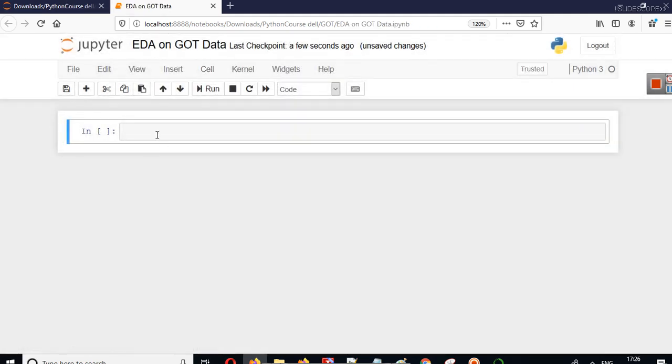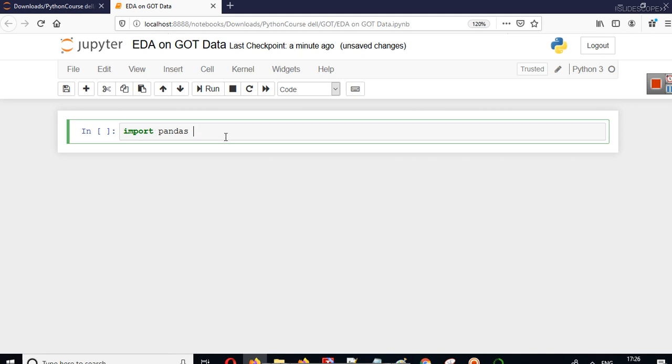Again, the first thing that you have to do is read those files and see what data we have there, what columns we have, to get some hint of what will be the exploratory analysis, or what we will be exploring in the data. So you just have to import pandas. Pandas is a library for data visualization and analysis.